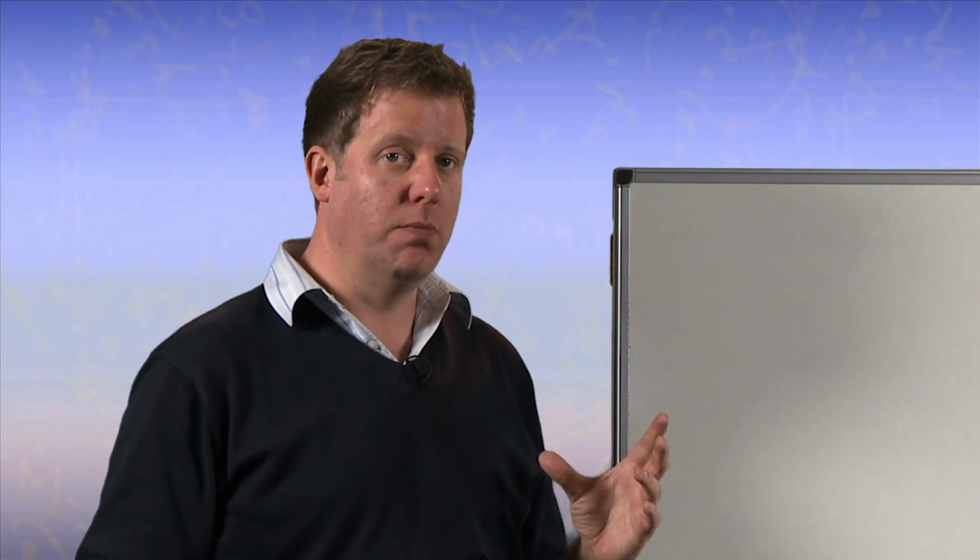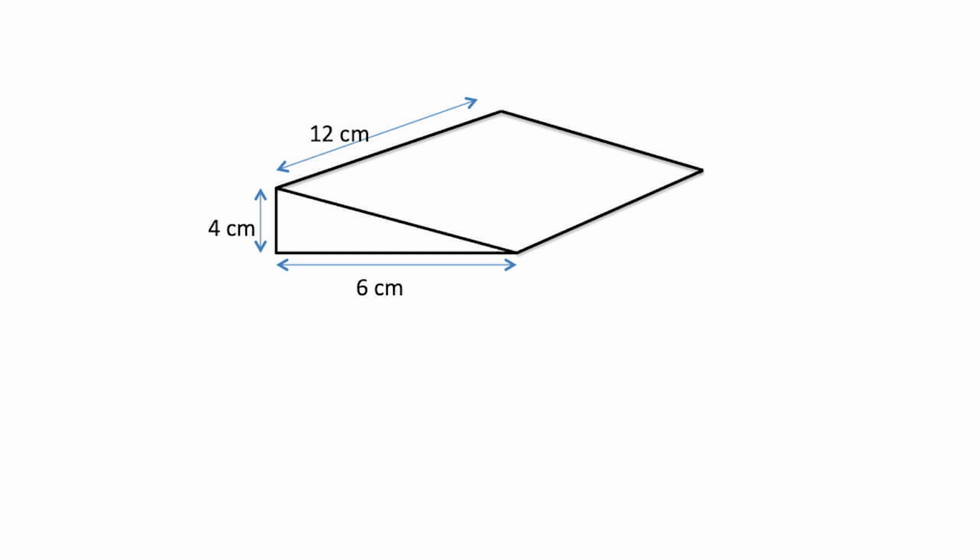Now we're not going to be doing a cuboid, as it's quite a simple calculation, simply length times width times height. What I want to focus on more here is when we have prisms with different shapes on the end. Now in this first example here, we have a triangular prism. You can see that triangle on the end of it. They've also given us the length of that prism, all the lengths we need in order to work out the